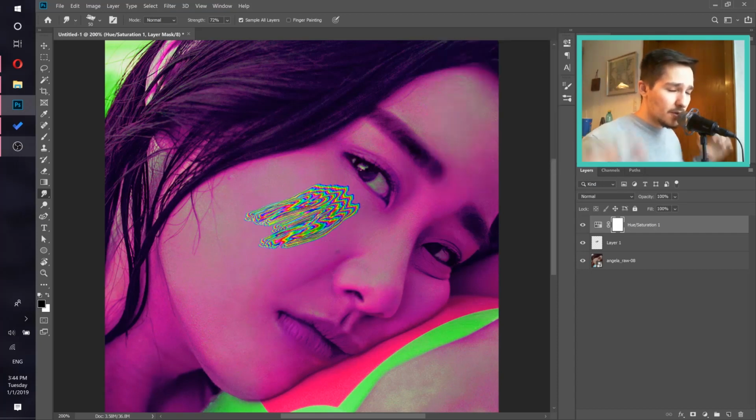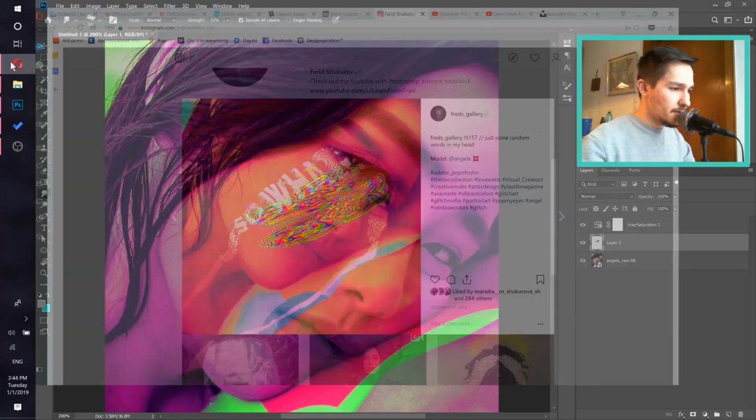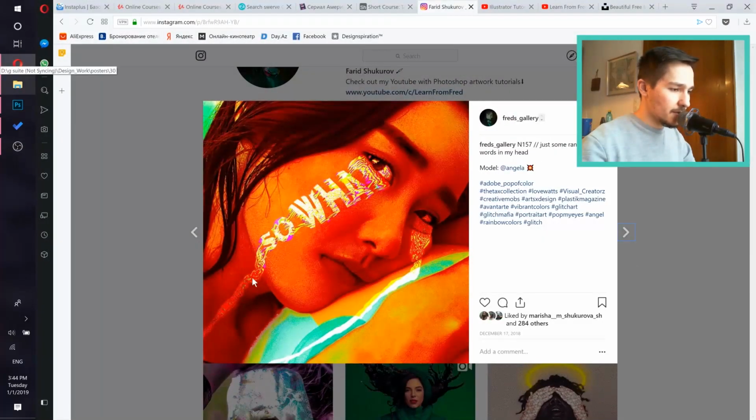Okay, if you still didn't understand how this works, just don't worry, just make sure you always follow this structure. If you always follow this structure, then you're going to have this. So this should be empty, hue saturation here, and this image here. So now let's make sure you have this layer selected, the empty one, and let's just start drawing. So now we just need to draw. If you look here, we just need to draw something like that. Okay,